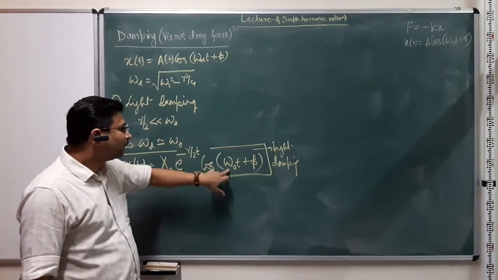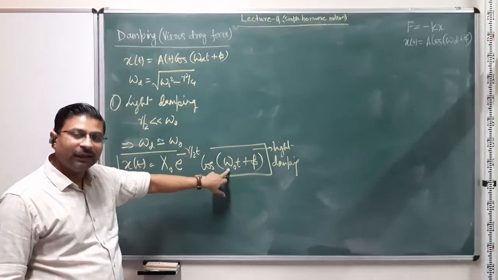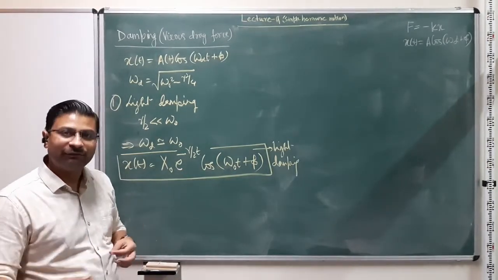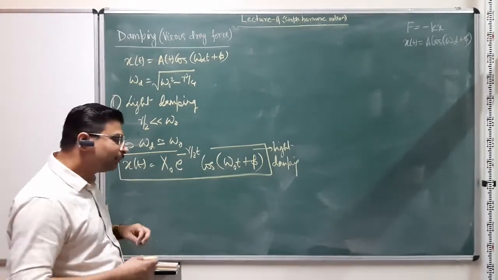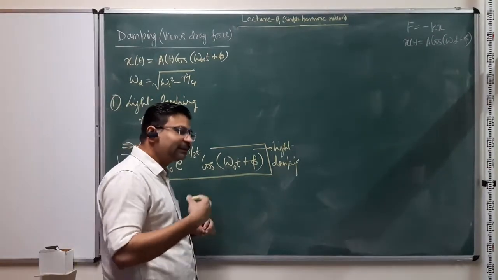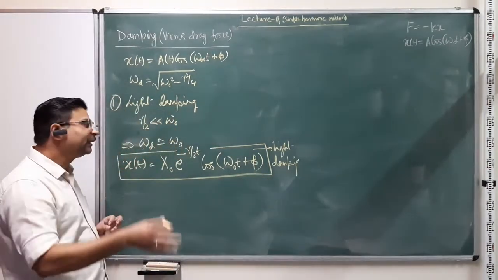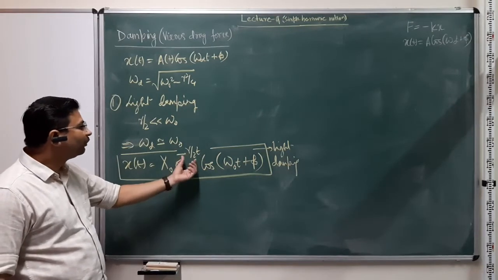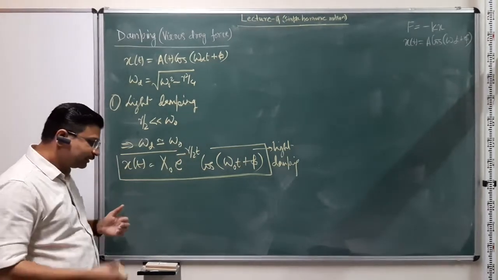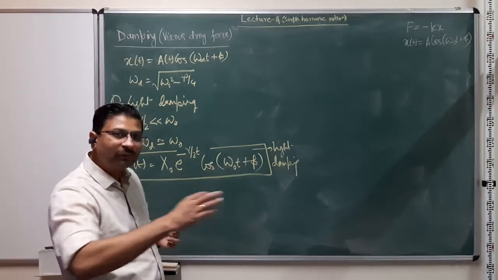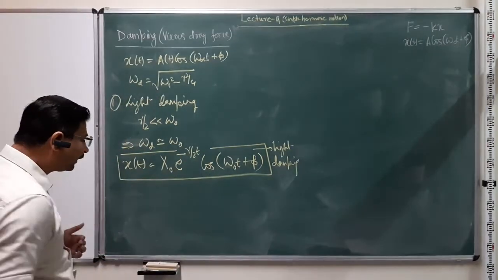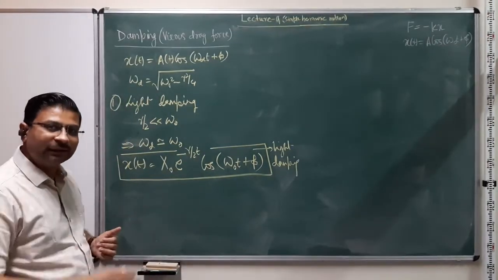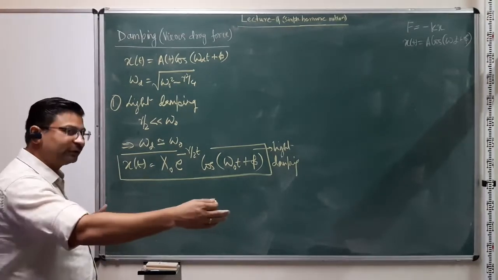However, the oscillation frequency of the system is more or less the same as the natural frequency, right? So the system oscillates as if there is no damping. So the periodicity does not change and the amplitude keeps on changing. Of course, the amplitude will change now much more slowly. So the system will take multiple cycles to dissipate the amplitude and then come to a rest. So it will be like a system which can run for much longer, right?